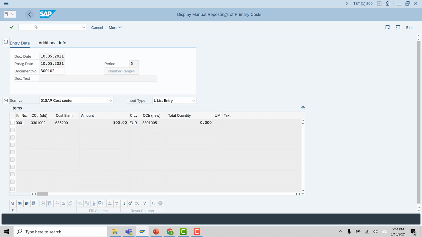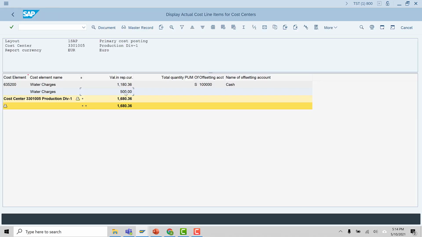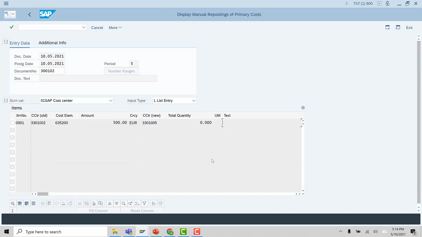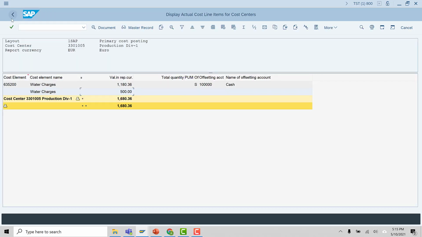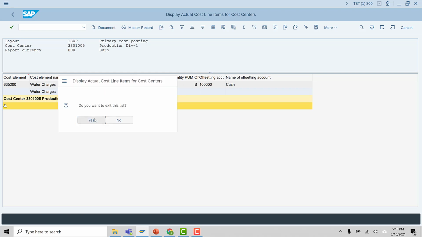If I select this amount and double click it, it's called drill down reporting, and I come to that reposting transaction where I can see the old transaction: old cost center is 1002, the cost element used is 63520, that's the water charges, and from that cost center you are removing 500 euro and moving it to this new cost center. So this is all about reposting, and it is used to correct incorrect expenses posted to the cost center.